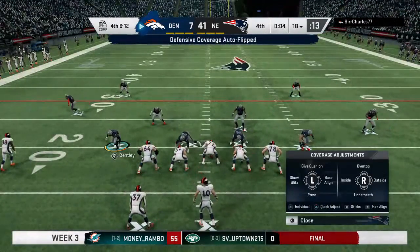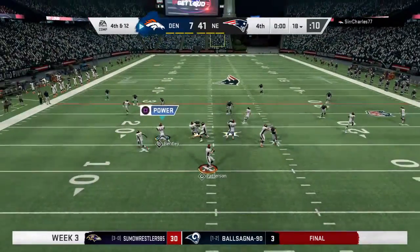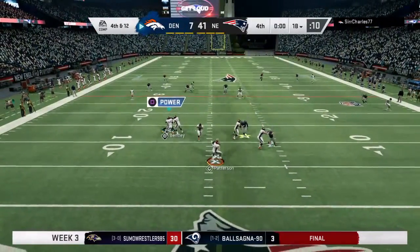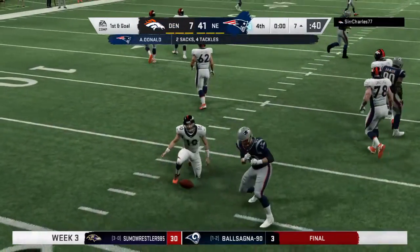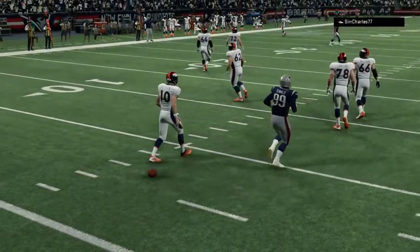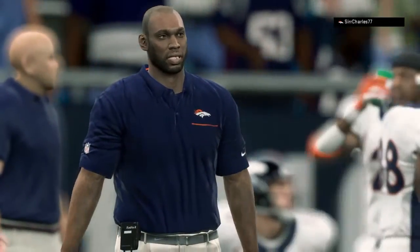Set, ready, 18 Gator. Hit it. One final shot. They'll look to throw. And he's going to go down. Back at his own 5-yard line, it's a sack. Well, Charles, it's one thing to win. It's another thing to win and put up the amount of